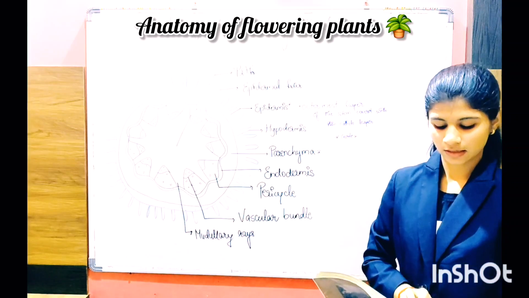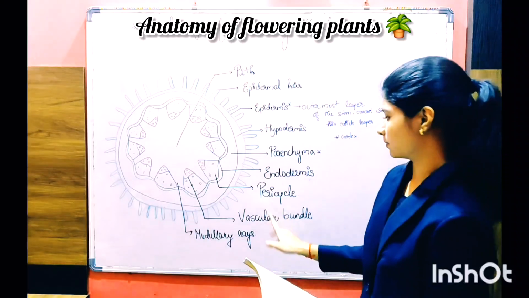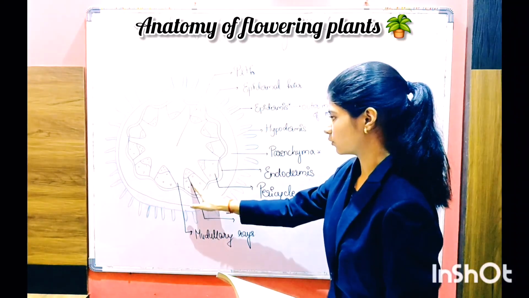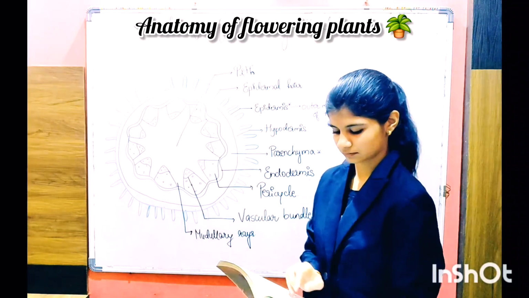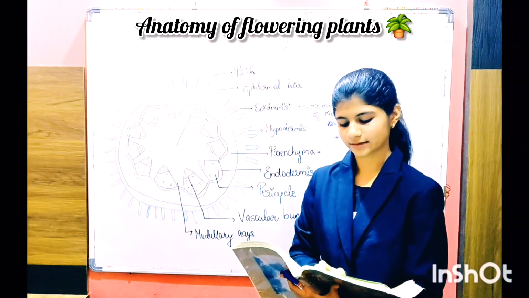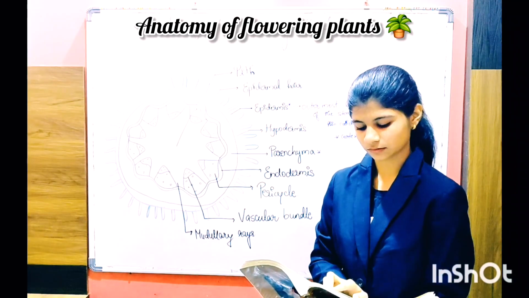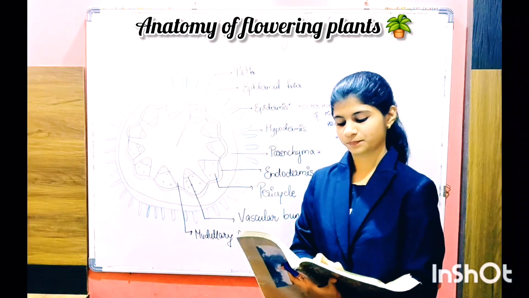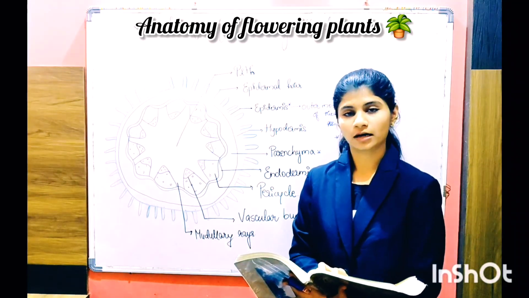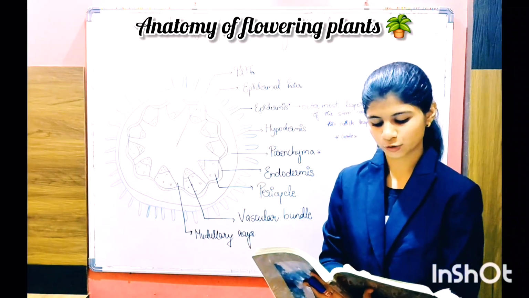Then a large number of vascular bundles are arranged in a ring. What are vascular bundles? They are inside, in between the cone-like structures. The ring arrangement of vascular bundles is a characteristic of the dicot stem. Each vascular bundle is conjoint and open, with endarch protoxylem. A large number of rounded parenchymatous cells with large intercellular spaces occupy the central portion of the stem